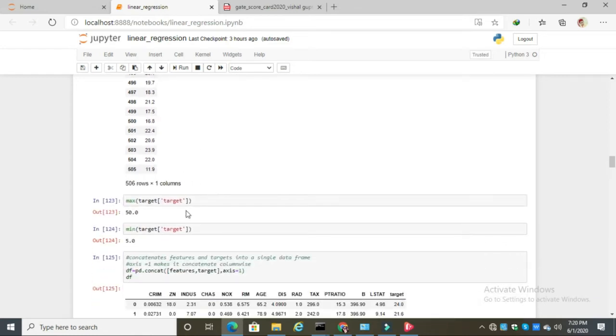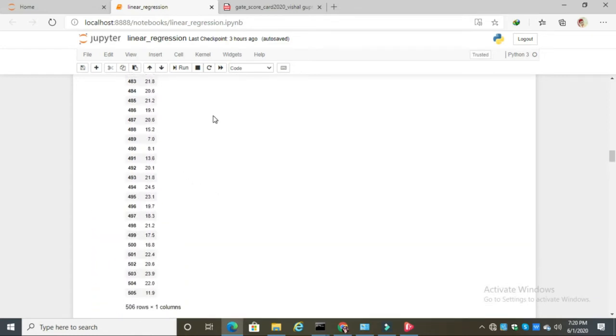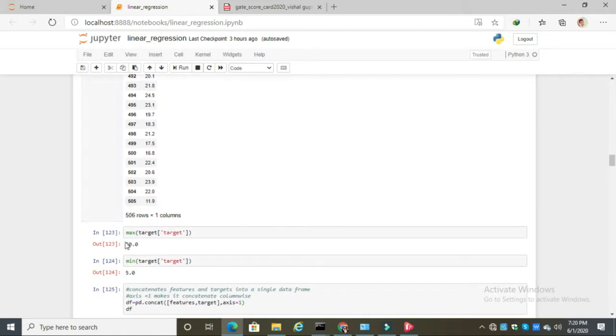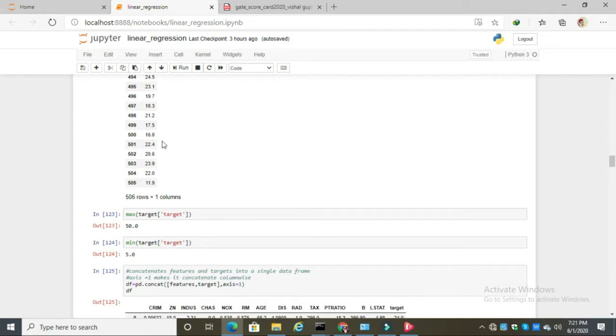Now from the above target column we can take the maximum value by writing this command, and after running this command we get an output of 50, and also we can use the min function for calculating the minimum value from the target.